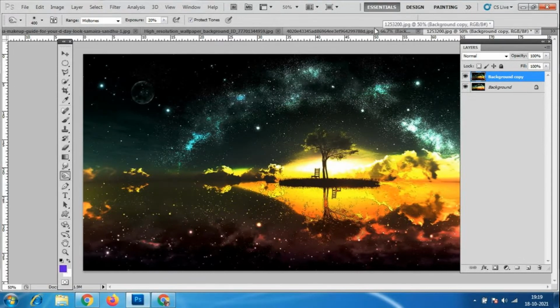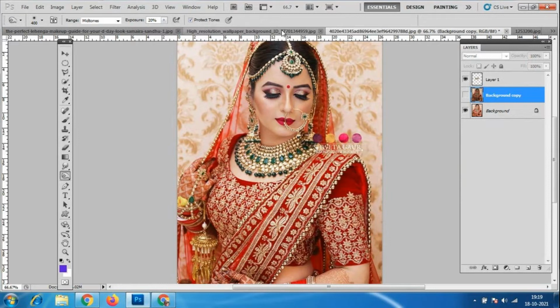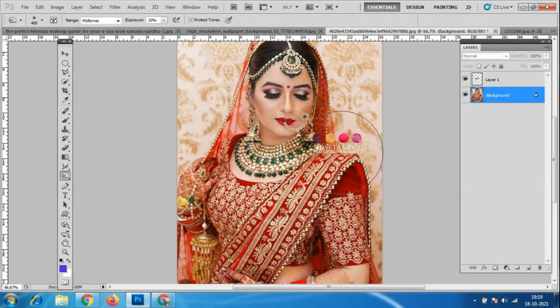Is that okay, everybody? Anybody having any doubt? So always take a new layer, because after some time, if I don't want this image, you can hide it. So you will get this natural file like this only. Or you can delete it. So always keep everything on a different layer.